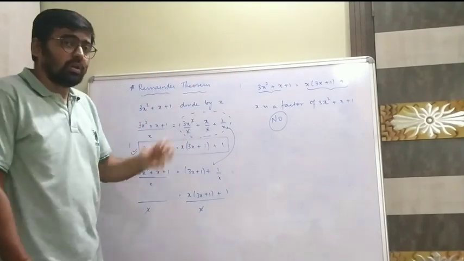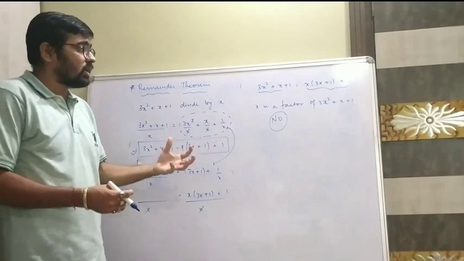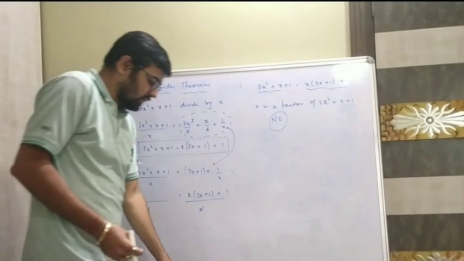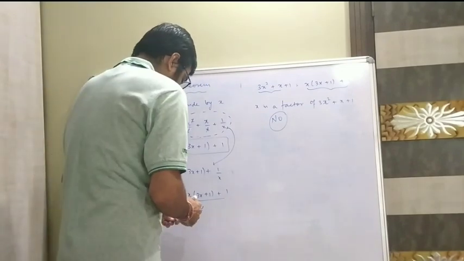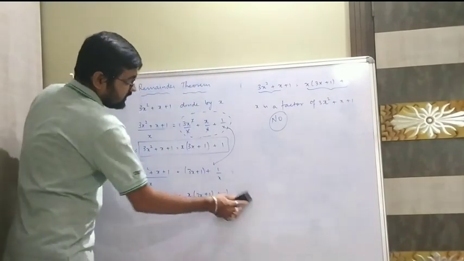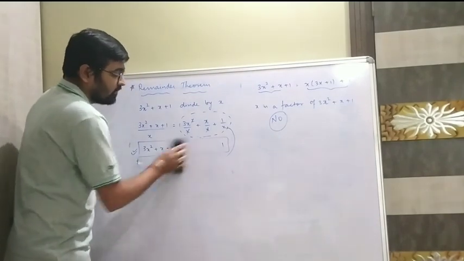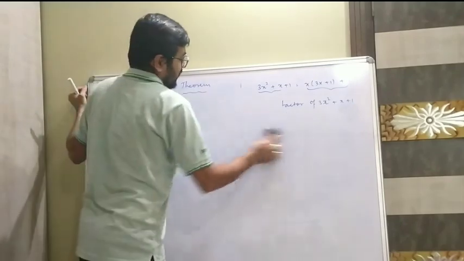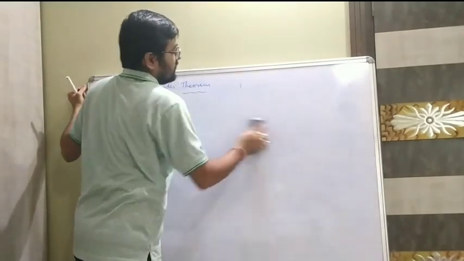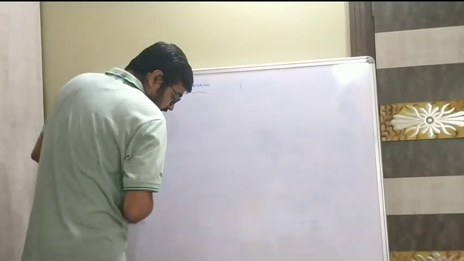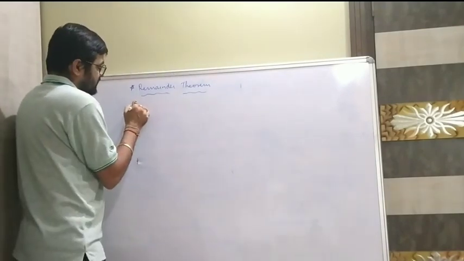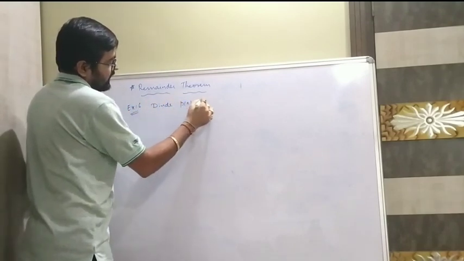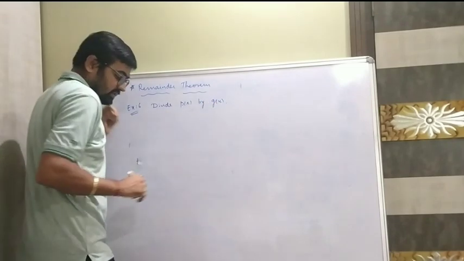So let's try out a real problem and understand how we are actually going to divide two different polynomials. Correct? So let me take one example for you from the textbook and then we'll understand how we are going to divide it, how we are going to find the quotient and how we are going to find the remainder. Now the question is something like this. Divide p of x by g of x. This is example number 6. Divide p of x by g of x.